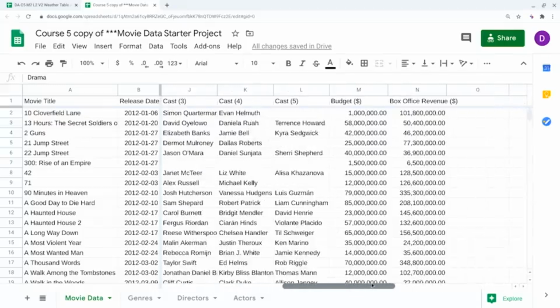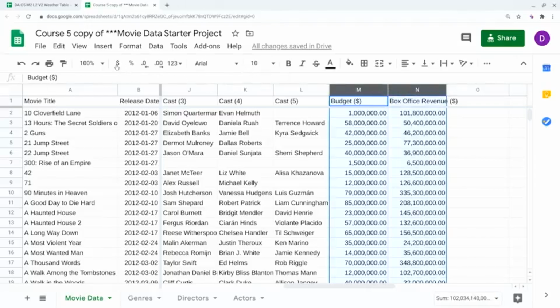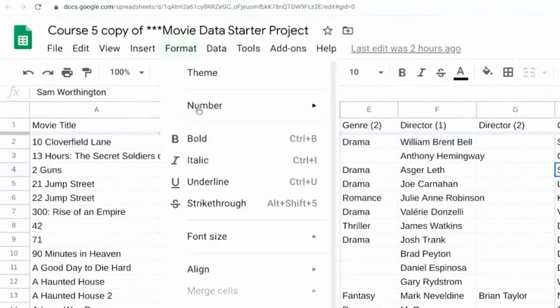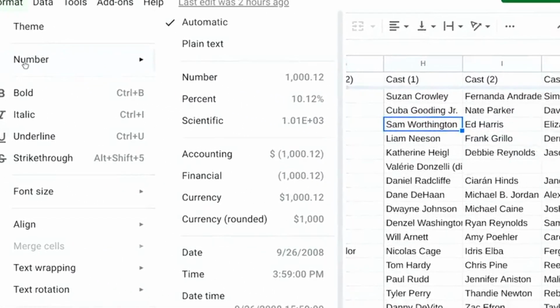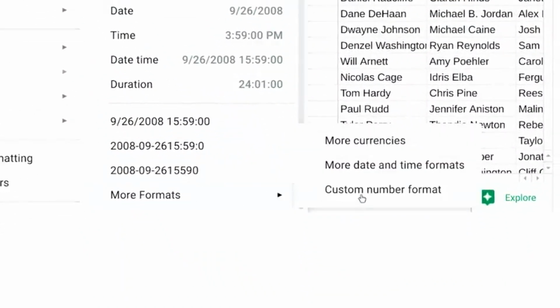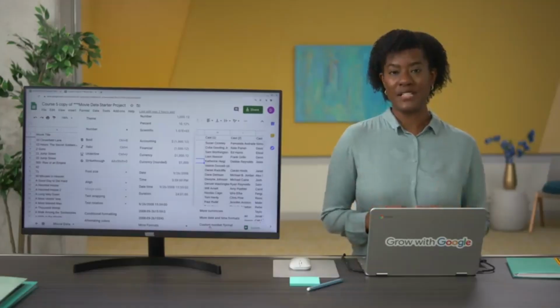First, let me show you a really useful menu for specifying data types in spreadsheets. Here's the movie data table we used before, but now the money columns aren't typed as currency. On the toolbar at the top of the sheet, you'll find a menu that can help you convert these numbers into specific data types. It gives you a lot of choices just from the drop-down menu, such as number, currency, date, percentage. And if you click to open the full menu, there's even more options, including one for a custom number format. We know that we want these columns to be in currency format, so let's do that.